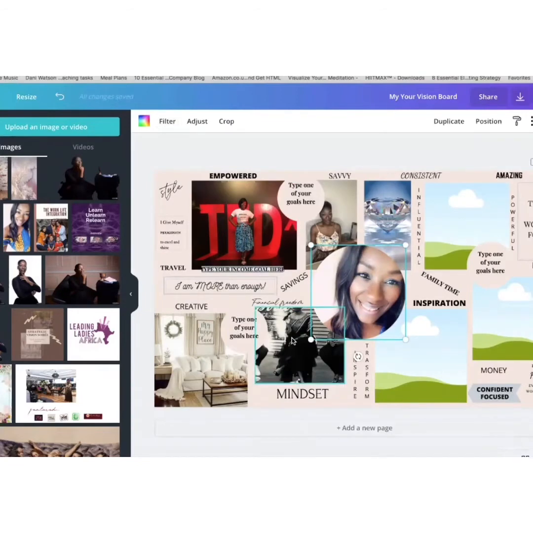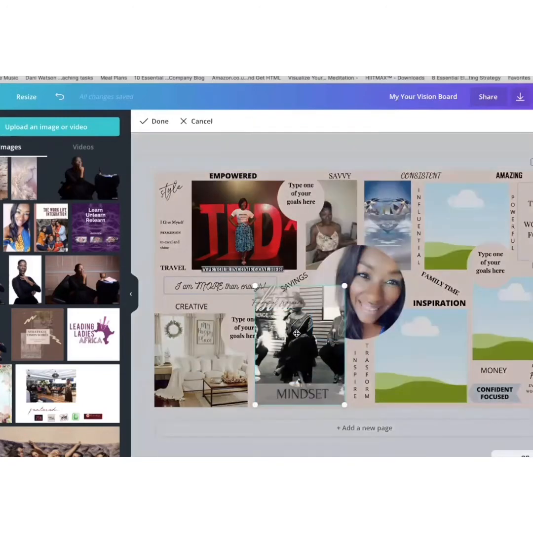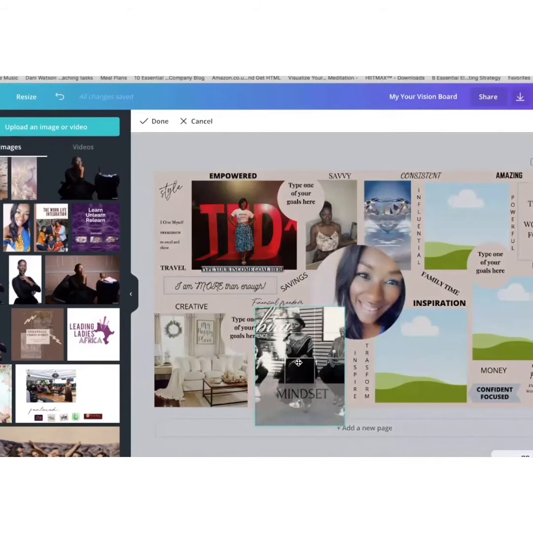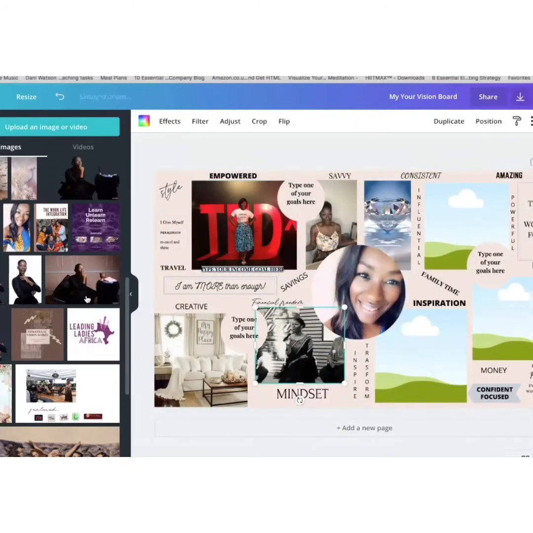As you can see in this one as well, my head is cut off, so I would double click this and I would literally pull it down to make sure that I can see myself in the boxes. And that's how you continue. You continue with your